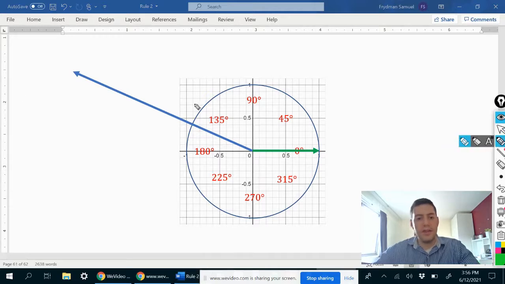So this vector has a magnitude of 3. We'll say that it's 1 unit from here to here, and this vector is 3 times longer than that. So this vector has a magnitude of 3 and a direction angle of